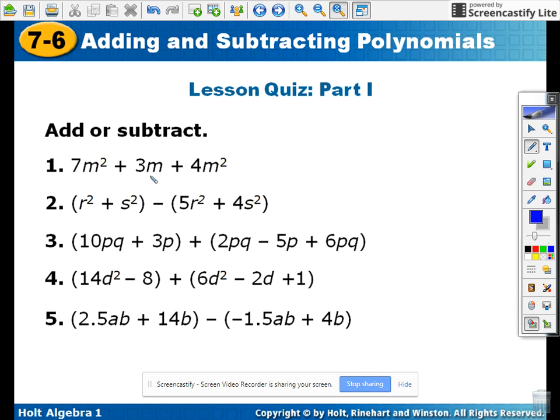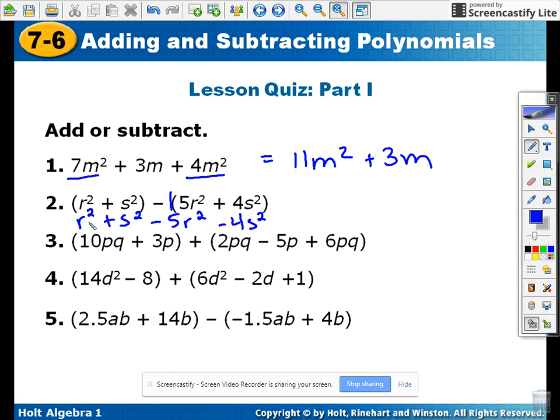Okay, so first I combine 7m squared and 4m squared. So that's 11m squared, and the plus 3m comes along because it's not an m squared, so I can't combine it. Number 2, we're subtracting. So I'm going to rewrite the first one as is. I'm going to distribute a negative 1 and get negative 5r squared minus 4s squared. They're not the same variable, so I'm just going to start with the r squareds. I have 1r squared minus 5r squared, so that's negative 4r squared. And I have an s